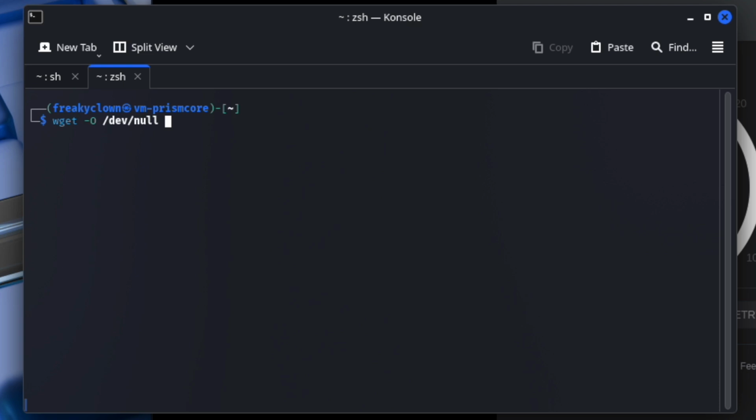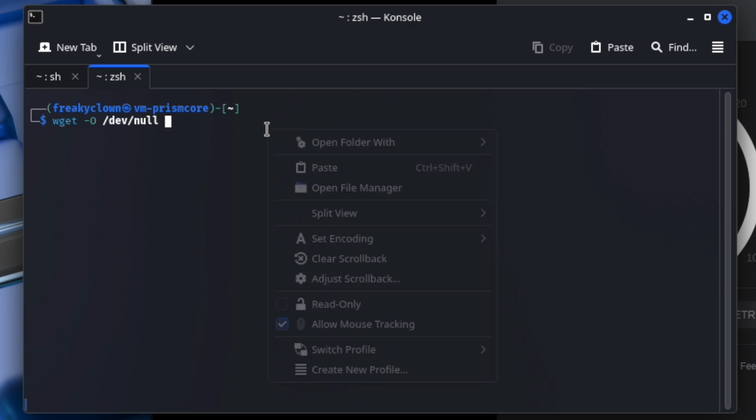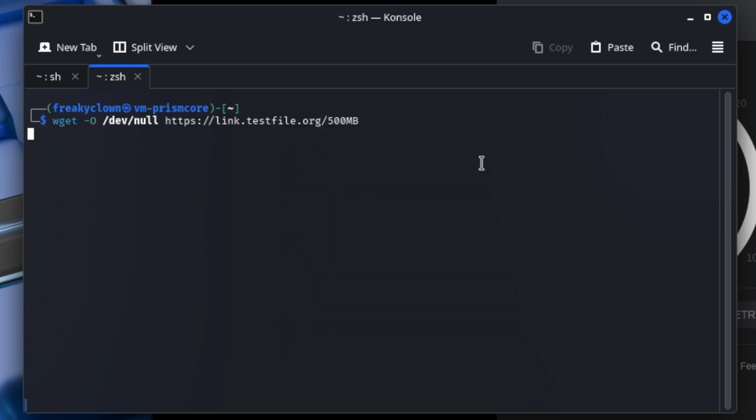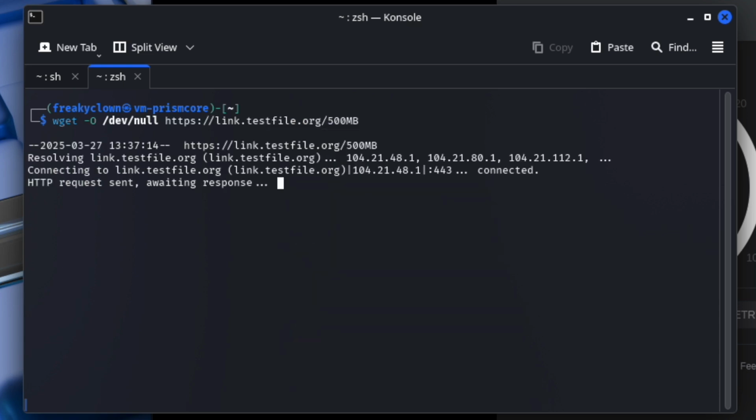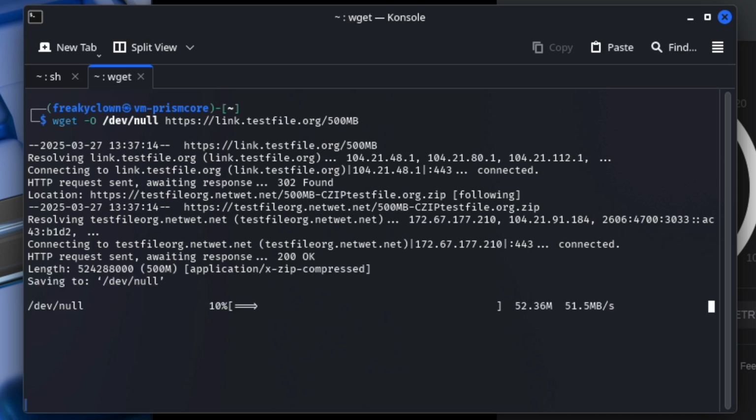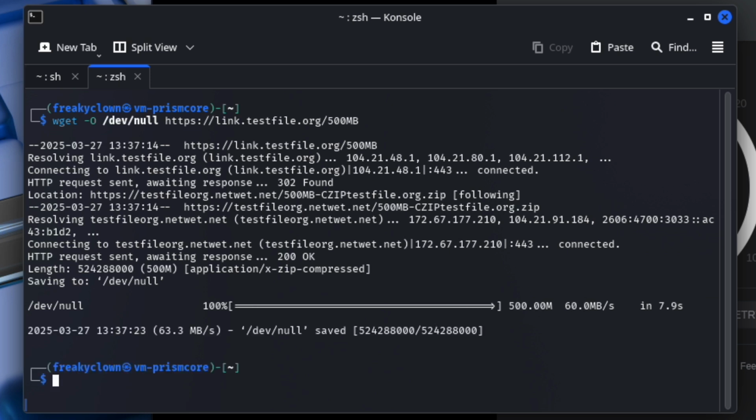Now, there are plenty of places to get files to test this. Here is one that I'm going to be using today. It's hosted from elsewhere. So we're just going to grab this file. And as you can see, from the command line, we get that dumped straight into /dev/null, and we get a rough speed estimate of 60 megabytes per second, which is great. So this is running again on my local machine, so it's similar to what we got on the GUI interface,